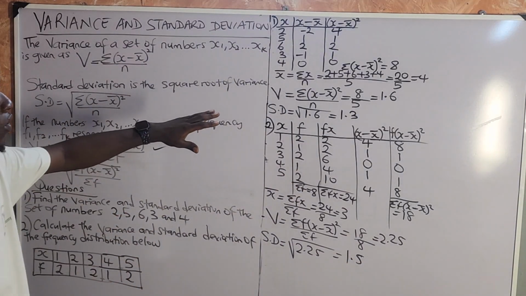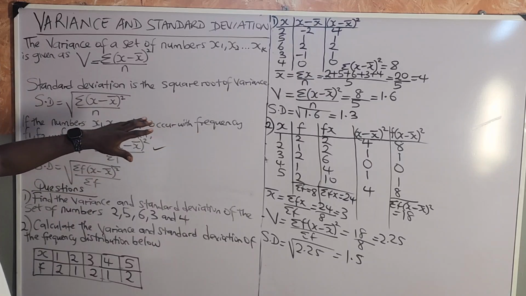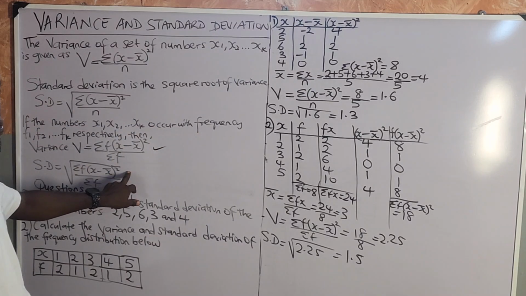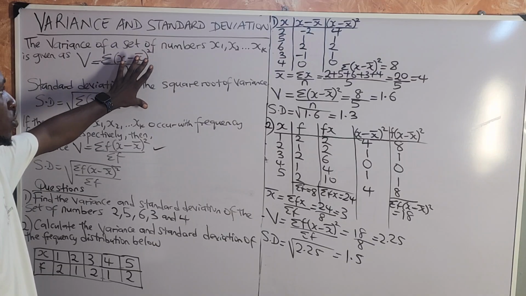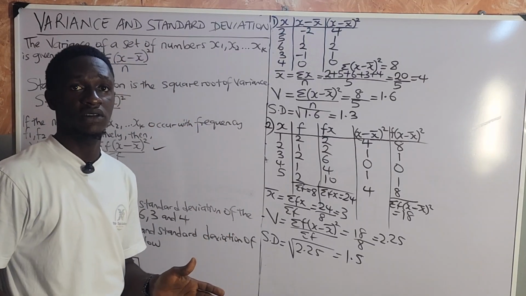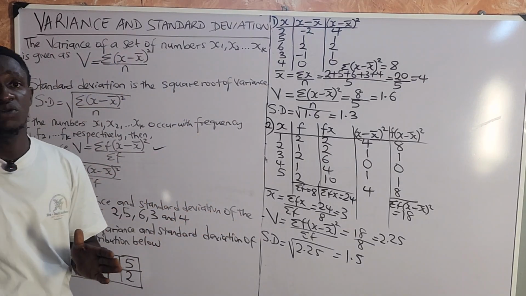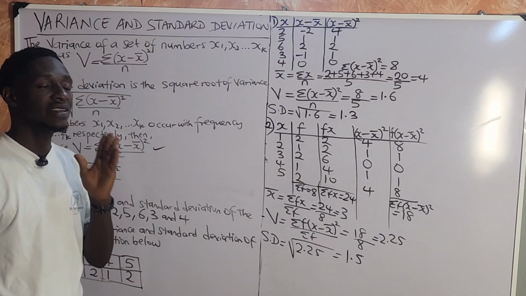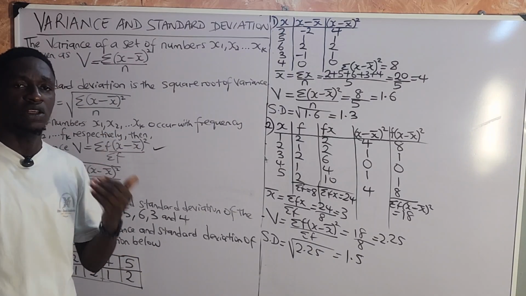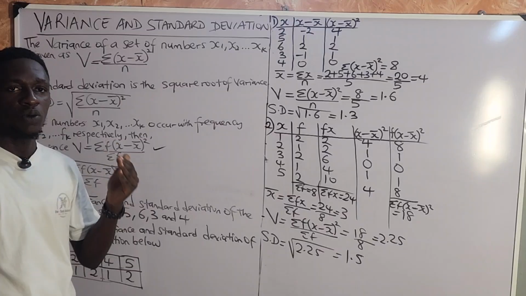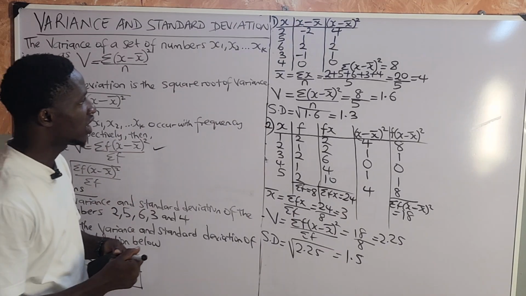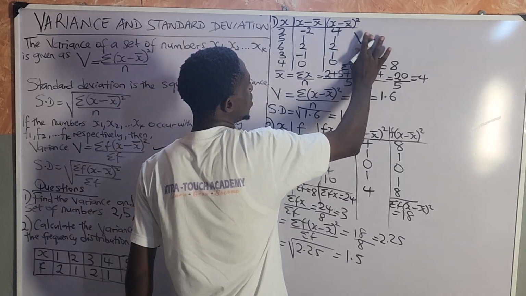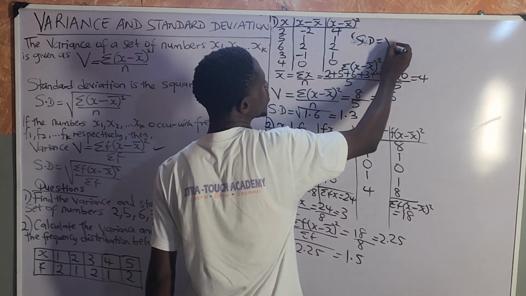So with this, we have been able to solve questions that involve a frequency distribution and the one that doesn't. Once you get the variance, to get the standard deviation you find the square root of the variance. In some questions, they are going to ask you what the relationship between variance and standard deviation is. It means that the standard deviation is equal to the square root